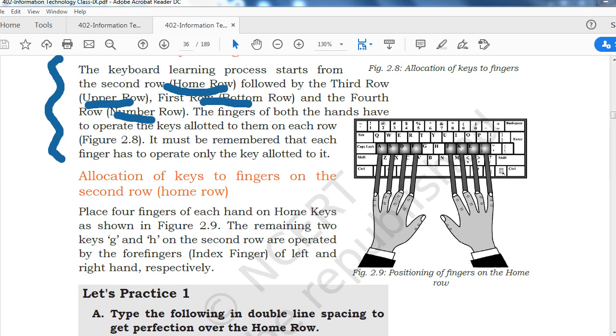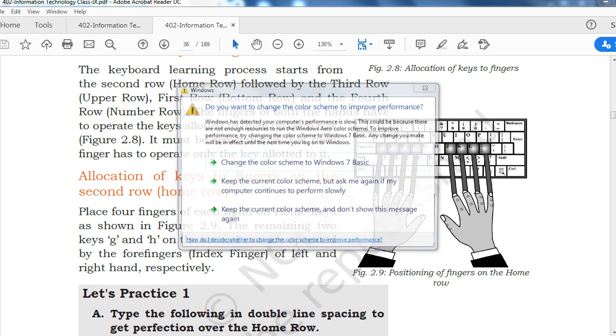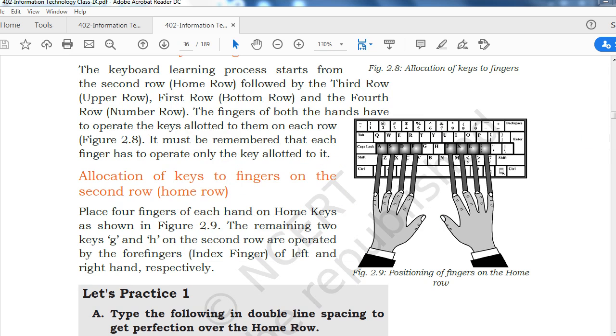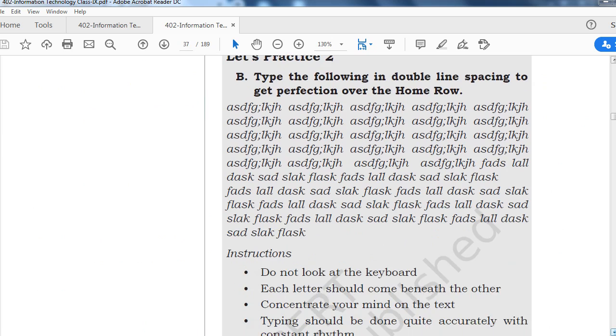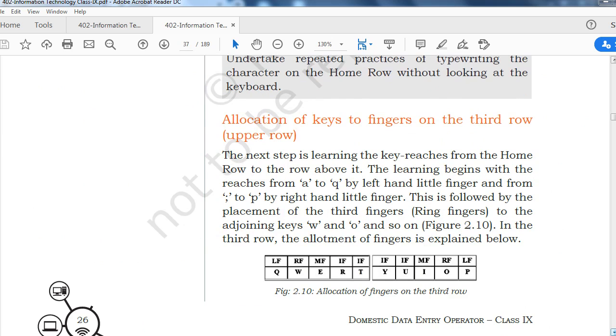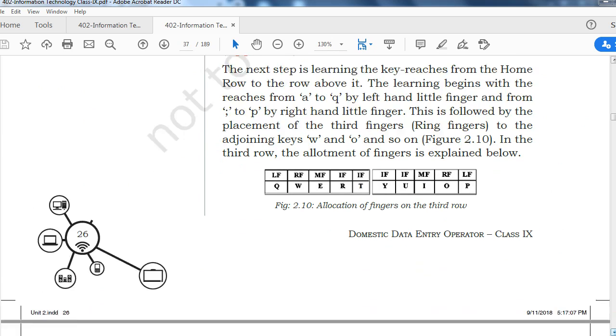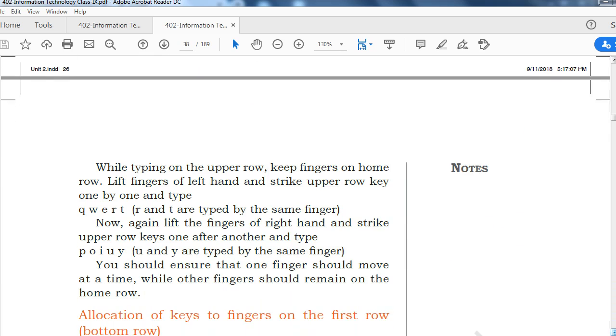And then the number row. Once the home row, then the upper row, then the bottom row, and then the number row, right? We have talked about the home row and the upper row, and now the bottom row, right?